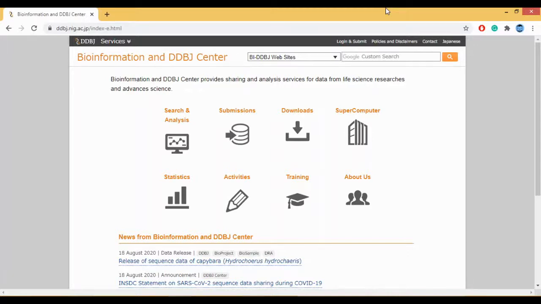Your DDBJ is also a member of the INSDC, which is the International Nucleotide Sequence Database Collaboration. DDBJ exchanges its data with EMBL, which is the European Molecular Biology Laboratory, and also with NCBI, that is the National Center for Biotechnology Information. DDBJ was established in 1986, and let's see how we can fetch or analyze sequences